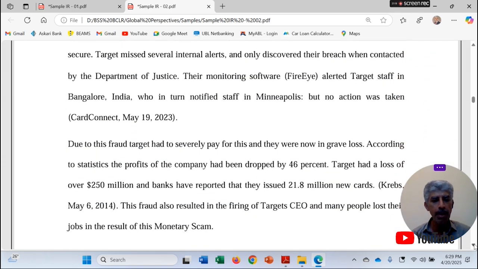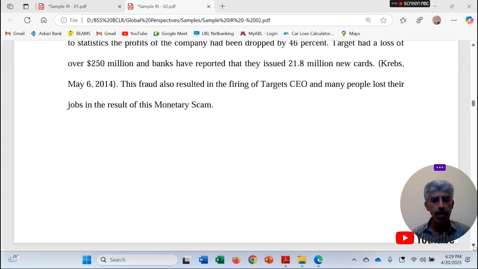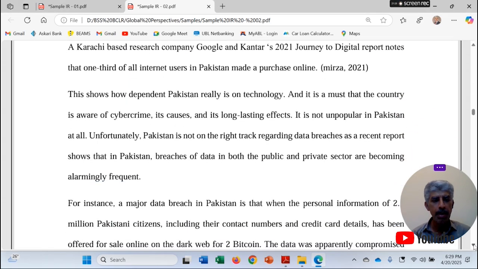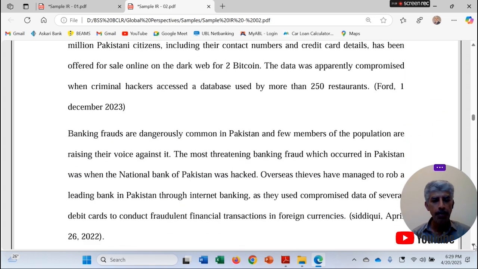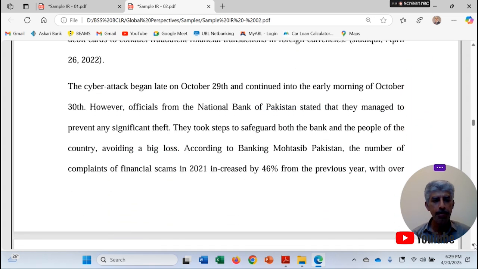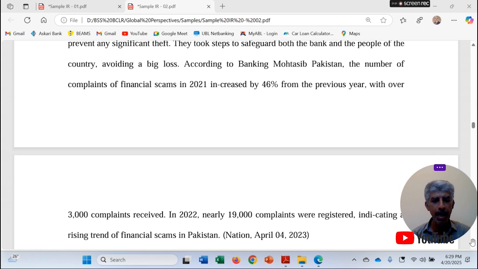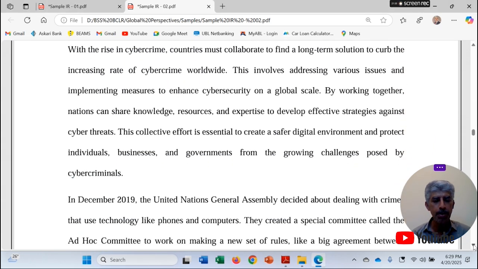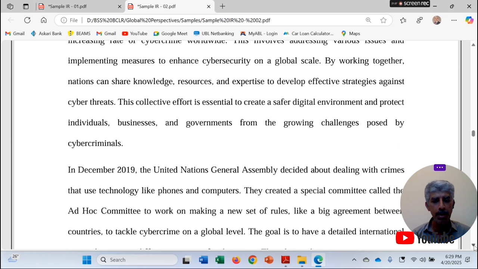And then the student has explained the national perspective in the coming lines. And again after that, the student has given the possible course of action,